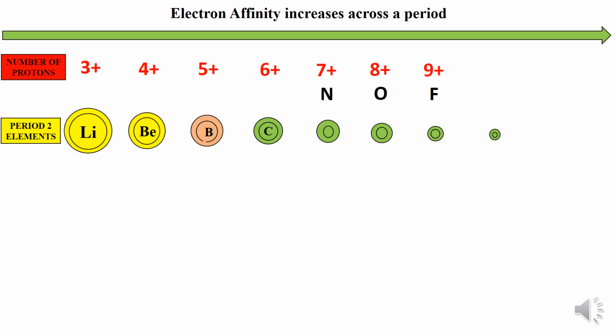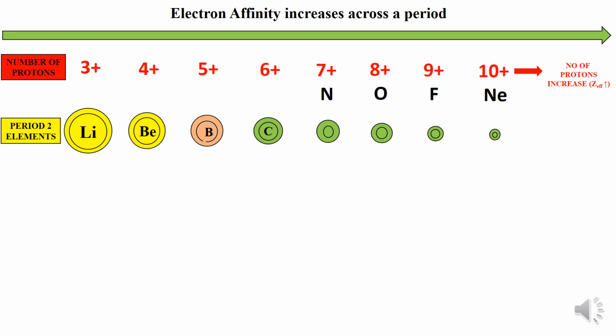3 for lithium, 4 for beryllium, 5 for boron, 6 for carbon, 7 for nitrogen, 8 for oxygen, 9 protons in the nucleus of fluorine atom, and neon, a noble gas, has a total of 10 protons in the nucleus. So the number of protons increases as you move from left to right in the periodic table, and therefore,